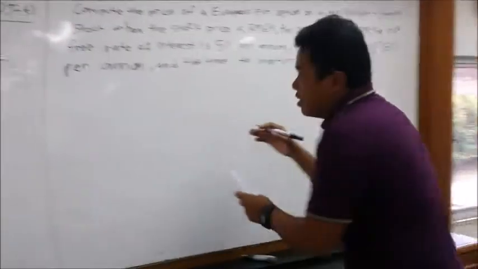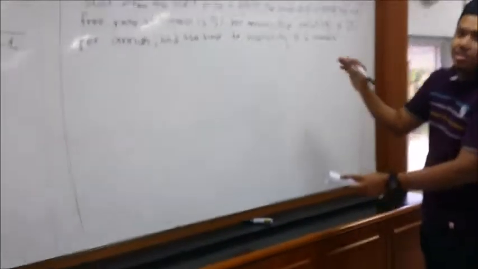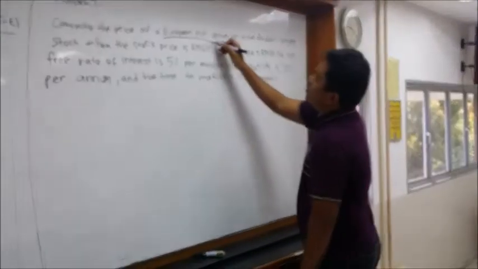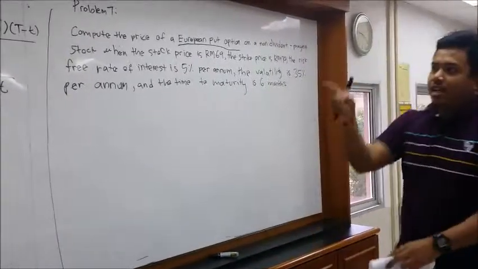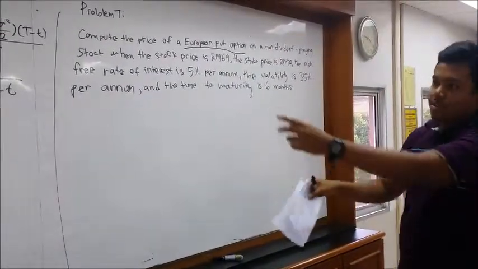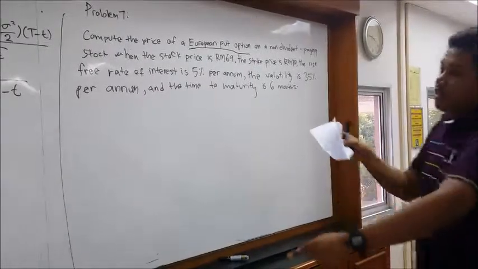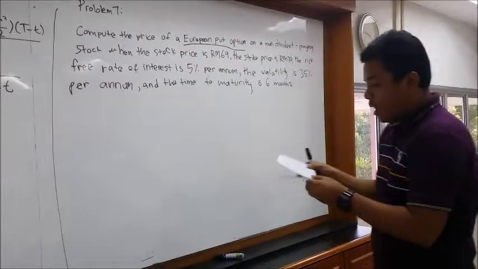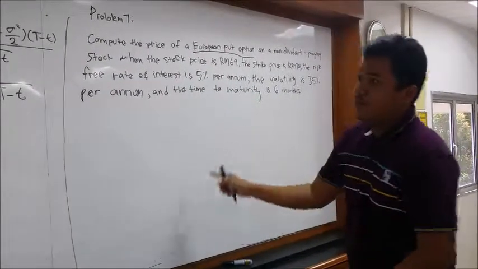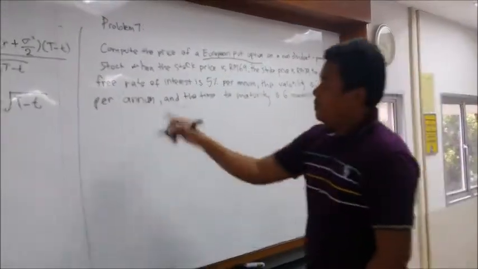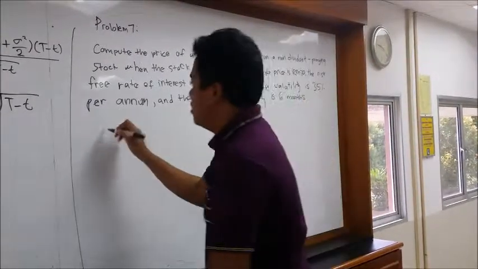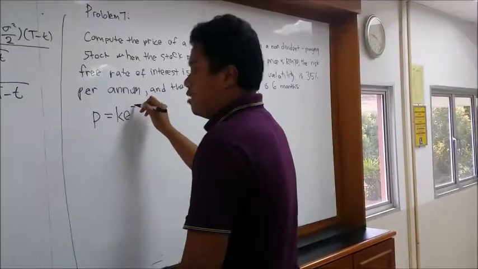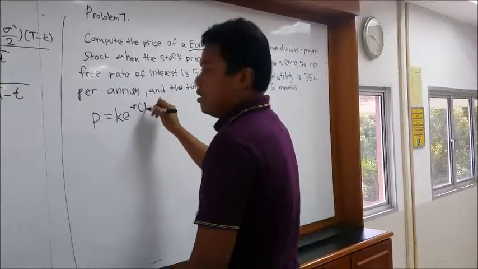How we are going to tackle this question: as stated, it is a European put option. Like the notes I have given, there are two things, the call option and the put option. So for this kind of problem, we are going to use the put option formula. Before we plug in all this information into the equation P equals K e to the negative r T